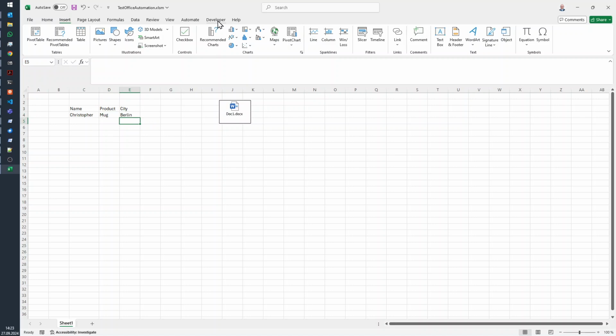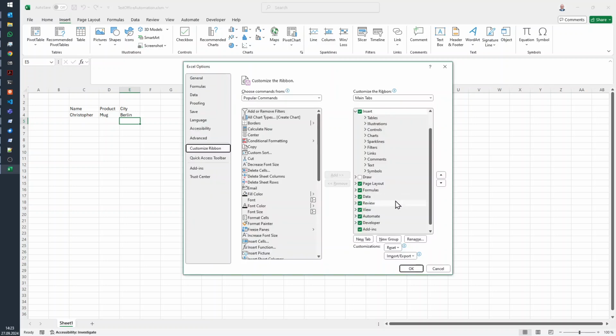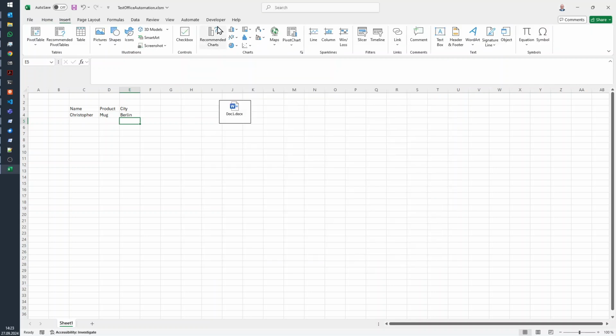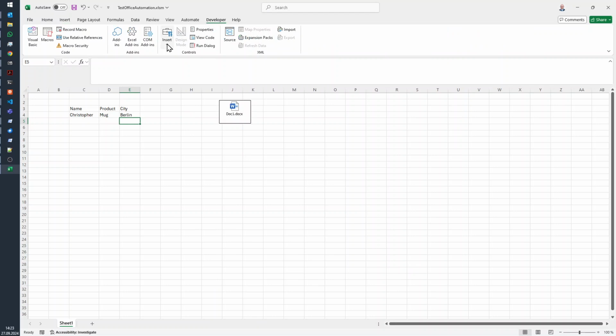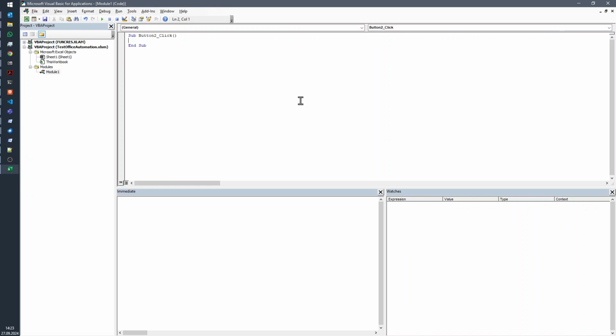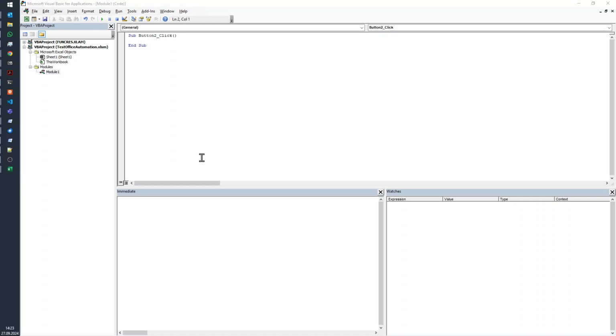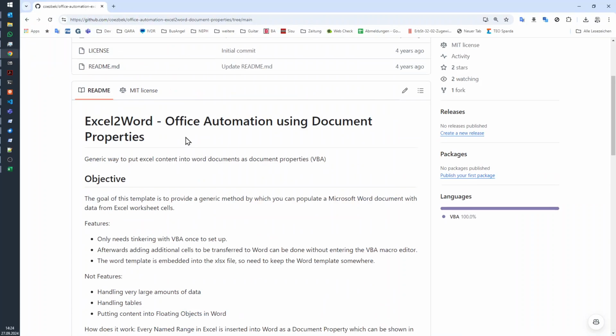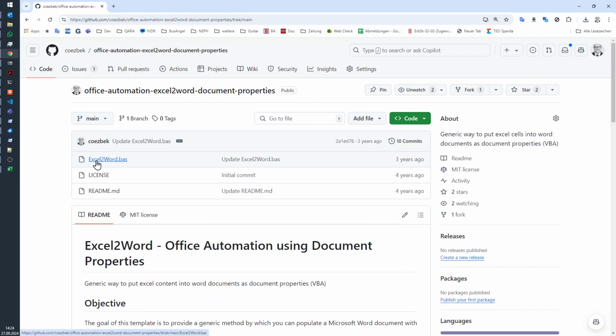If you don't have the developer options up here, you can right-click on Automate, customize the ribbon, and check the developer option. Okay, so if you do that, you can insert here a form control, a button. Draw this here, and if you click on New, this will automatically open the Visual Basic code editor, and you don't need to code anything in here, but we need to paste the code that you find in this excel2word